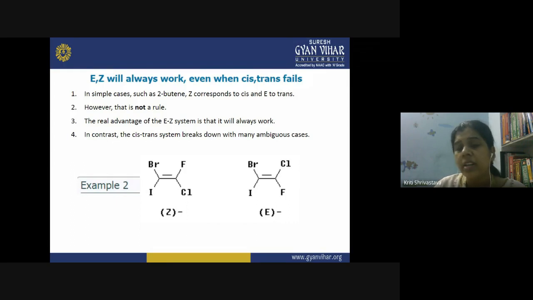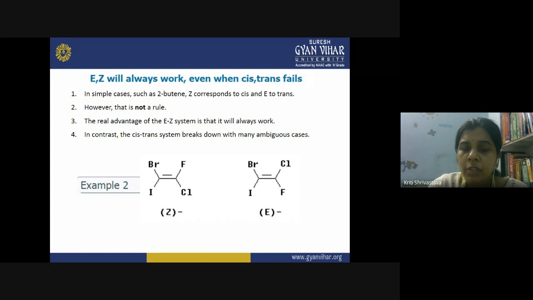If you look at the examples carefully, here in the alkene molecule, you have all four different substituents. Now, how will you assign the cis and trans isomer? Because all the groups are different, you cannot say which one is the cis and which one is the trans isomer. But in this isomer, we have bromine and fluorine on one side, iodine and chlorine on the other side. And here bromo and chloro on one side, iodo and fluoro on the other side. So how will you assign the configuration in such a case? You cannot give it a cis or trans.